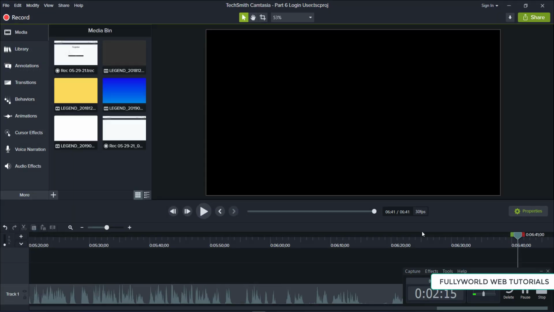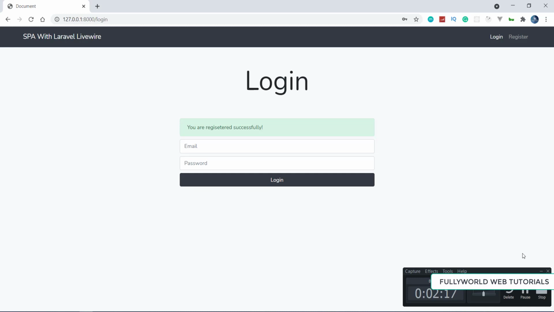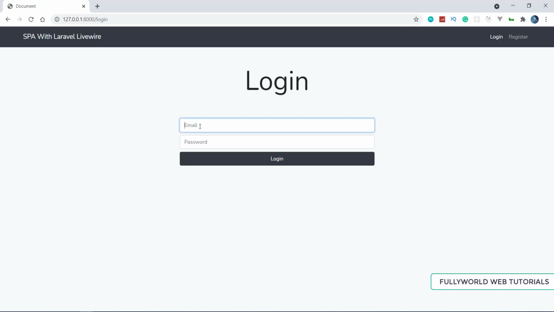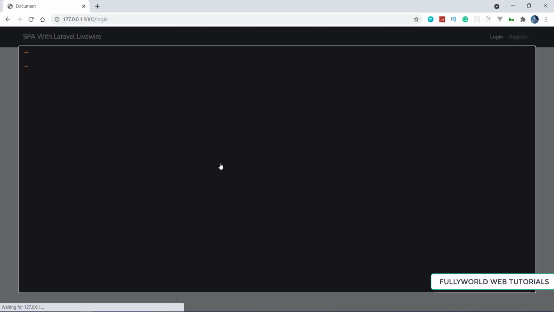Now let's check it here. So I'm reloading it again. Now let's click on login here. See that we are getting null and null because we haven't added anything here.